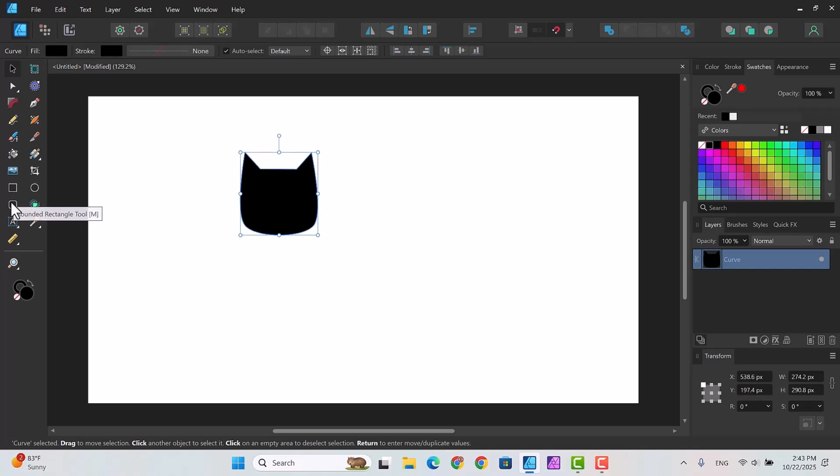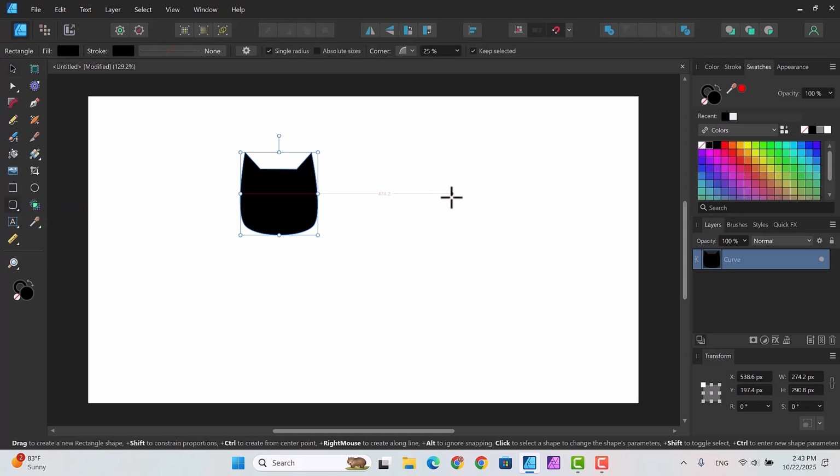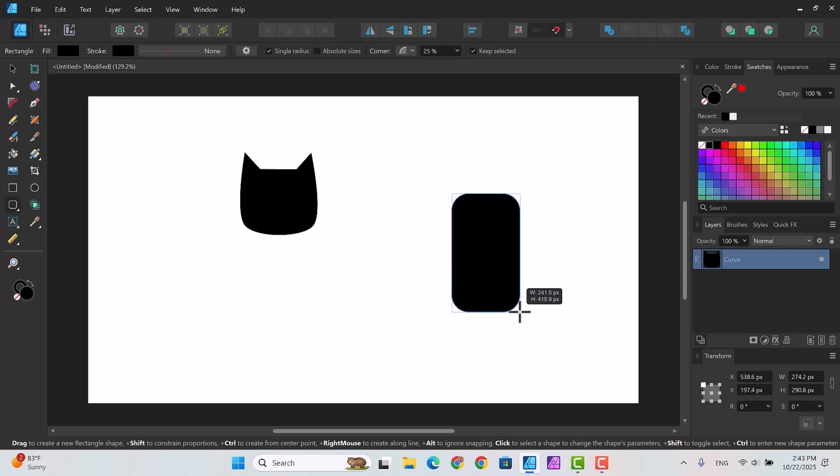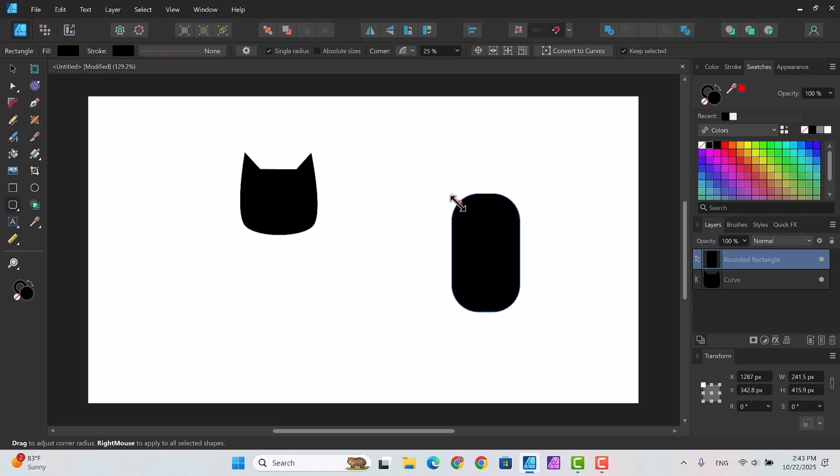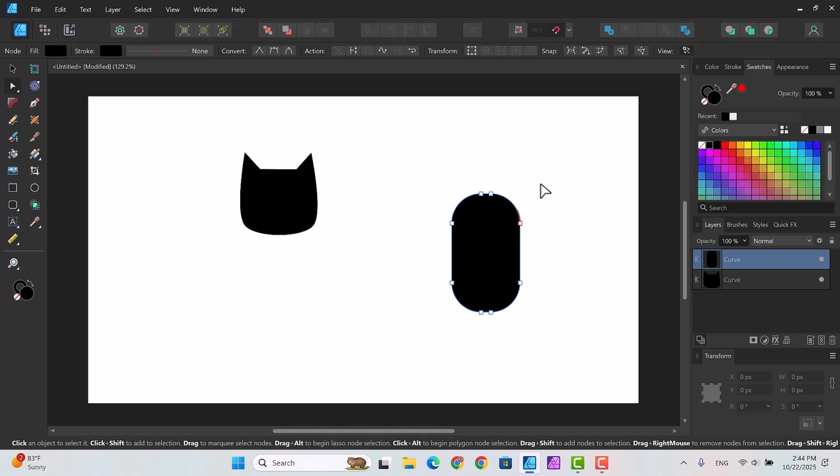For this, I'm going to use the rounded rectangle tool, and that's this one right here. Draw a rounded rectangle for his body like that. And we already have the black selected, so it already selected itself. And then I want to go over here to this orange thing, and I want to have the bottom be a little bit more rounded. So I'll just pull that down,